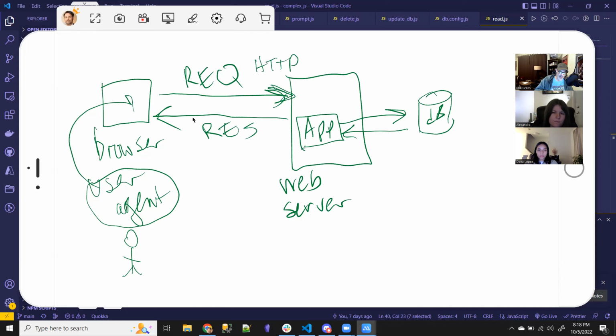That request is received by your application. And you program what happens at that point. Very often, your application will need to interact with the database. Well, what gets sent to and from a database? SQL, as we've learned over the last few weeks. SQL goes in and result sets come back. Any questions about this right now? Okay, so